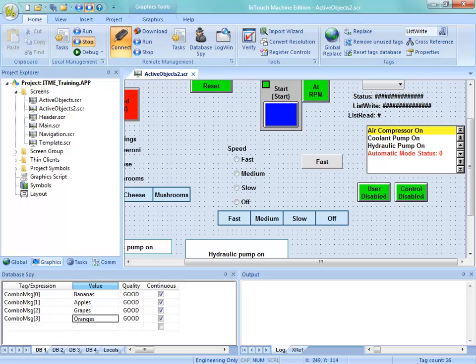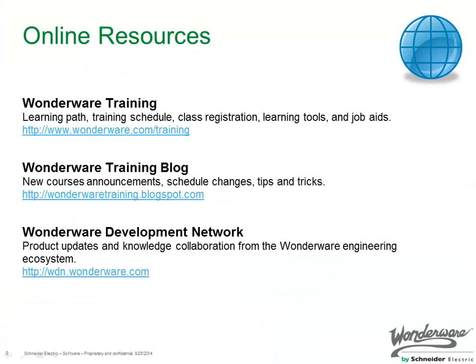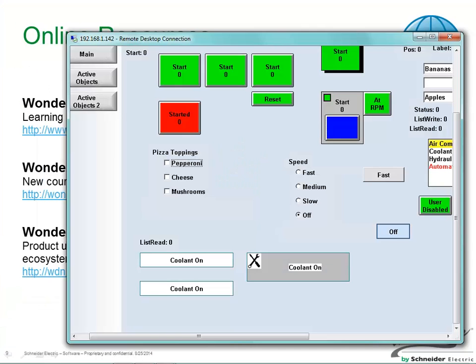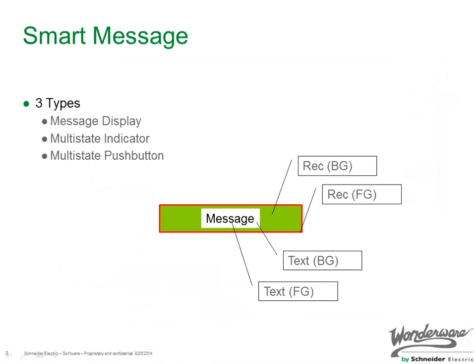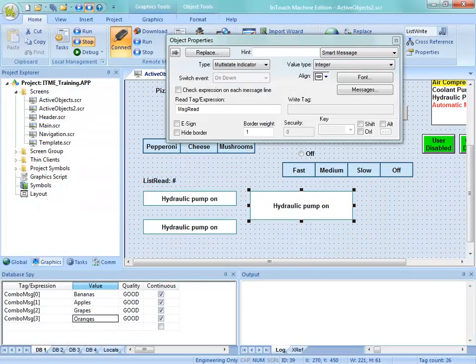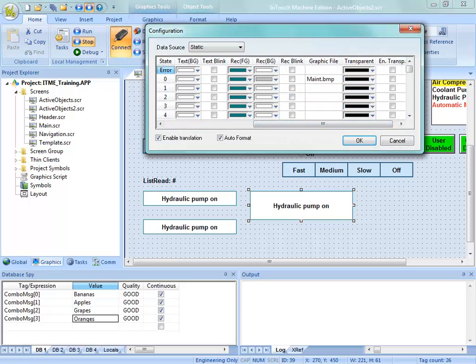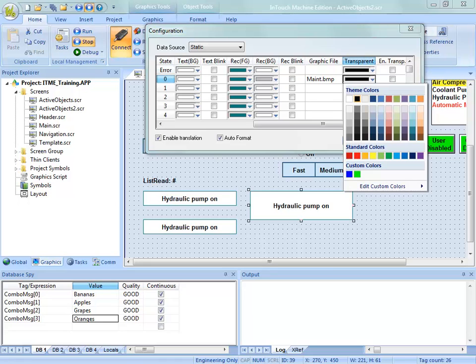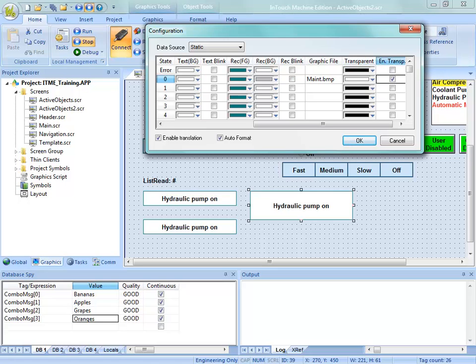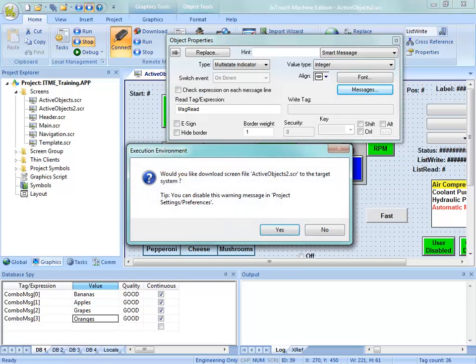Now, when I run this, and oops, go here, you can see that shows through there. Let me get back out of this and go back into here, and now I want to change the transparent color. So that bitmap has a white rectangle around it, and if I want to make that transparent, I can enable the transparency, select my color, which is that white, and now when I save this